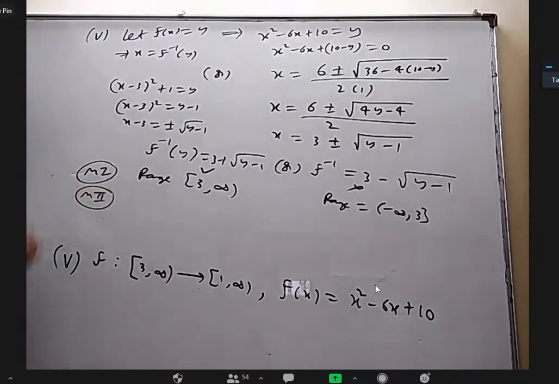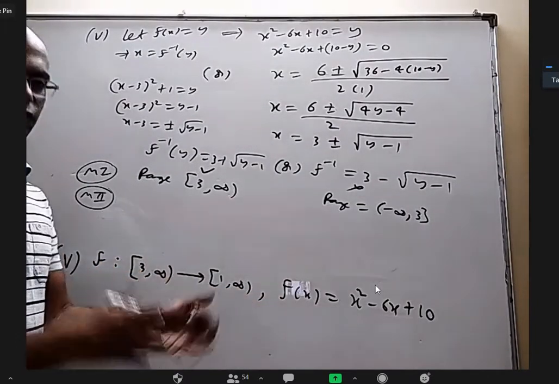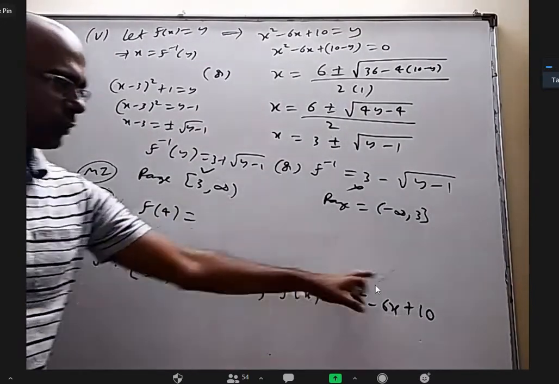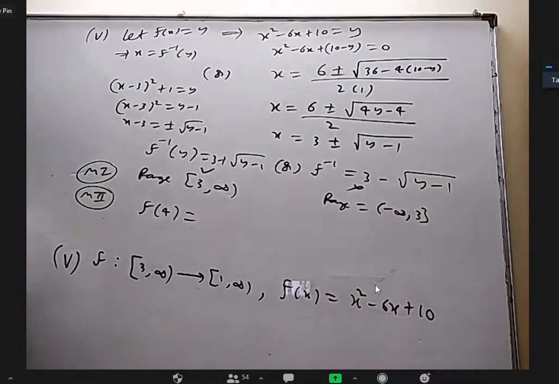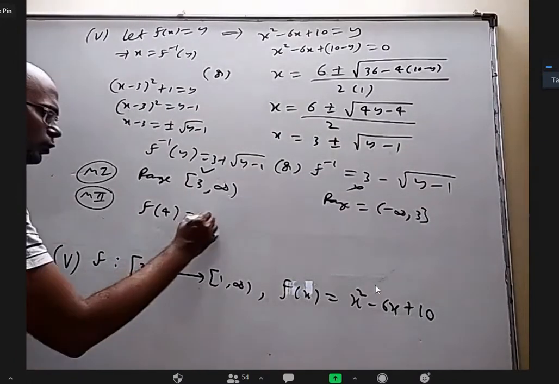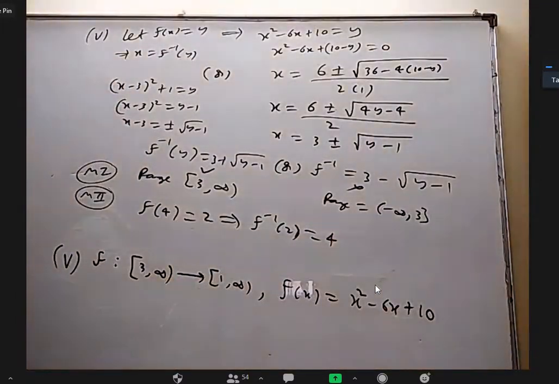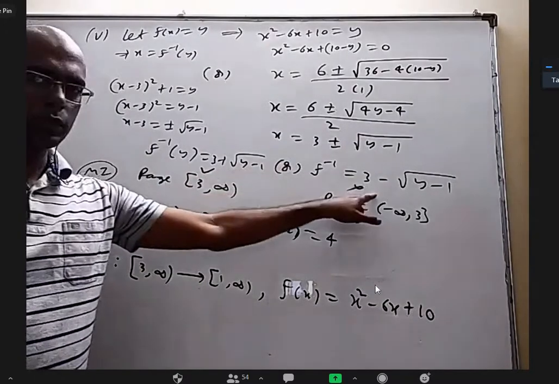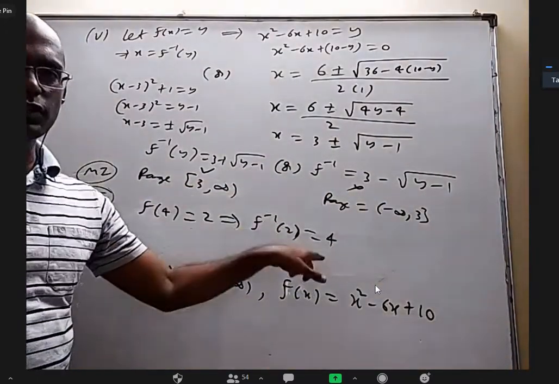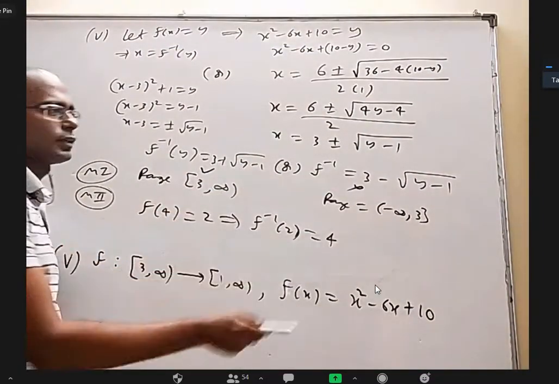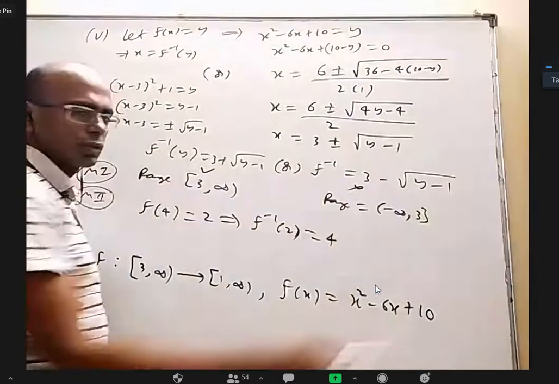Method 2 is you take the original function. Let us find some example. For example, let's say I want to find f of 4. Can anybody tell me what f of 4 will come from the original function? Two, sir. Then f inverse 2 should come 4, right? So in both the answers that you got, substitute 2; whichever gives 4, that is correct. So here when I put 2, I'll get 3 plus 1, 4, it's correct. But here when I put 2, I'll get 3 minus 1, 2, not correct.